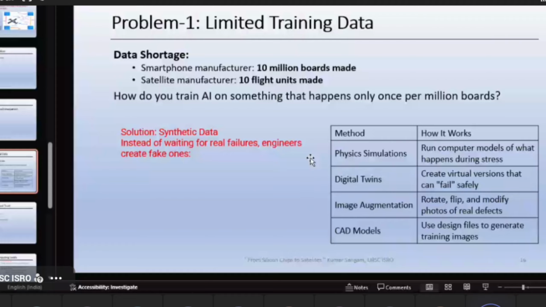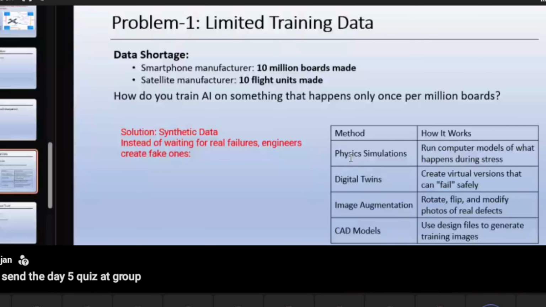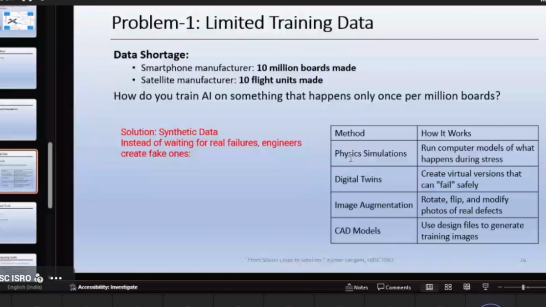If somebody has used COMSOL or tools like Ansys and Cadence, there are tools that help you see what happens if you put certain heat on a particular component, put certain force on that component, give some radiation to that component, or if some ionic activity happens. So these are a lot of physics-based models, and there are tools for that. You simulate that data and see, okay, this happens, so this happens. This gives us some data of the failure.